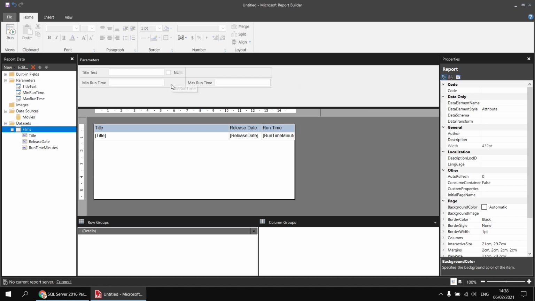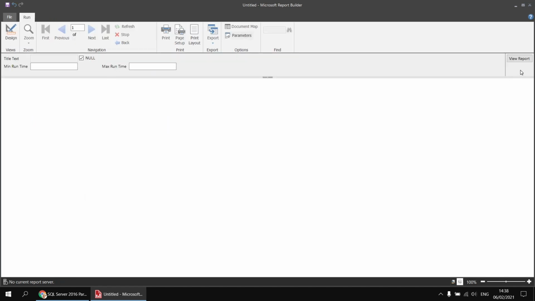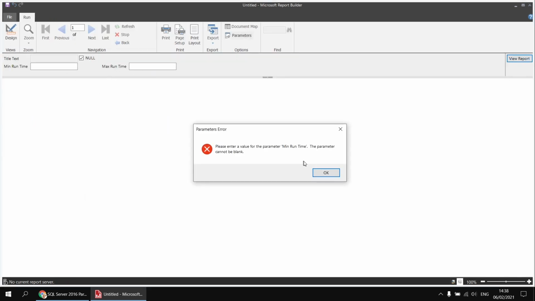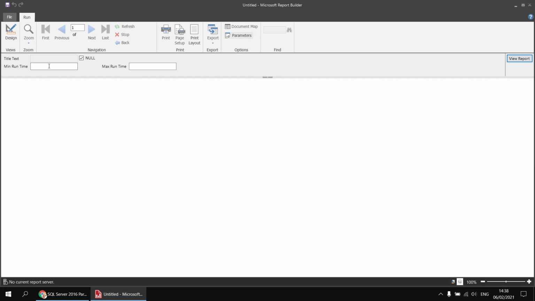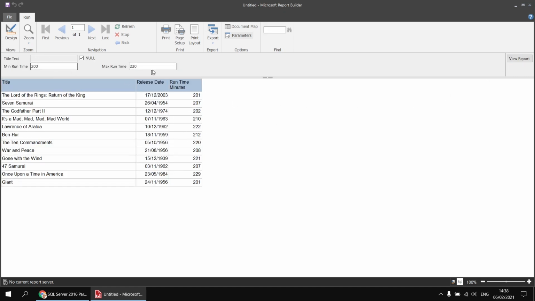Okay, so you notice at the moment that these parameters don't allow null values. If I run the report, I can't view the results until I've passed a value into those parameters. It does work, of course, if I do pass values in. Let's just quickly check that. If I do pass values in and then hit View Report, I see all the films between the runtimes I've